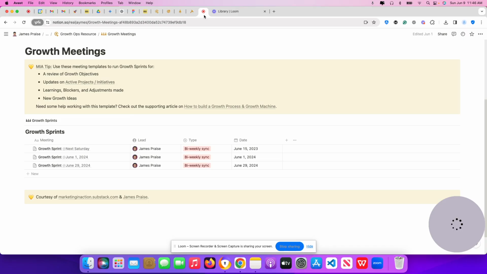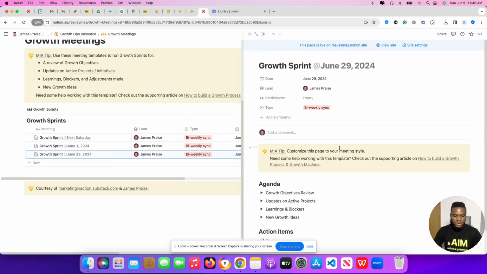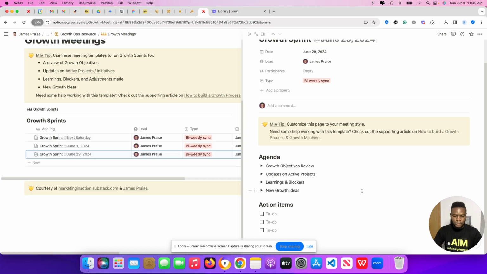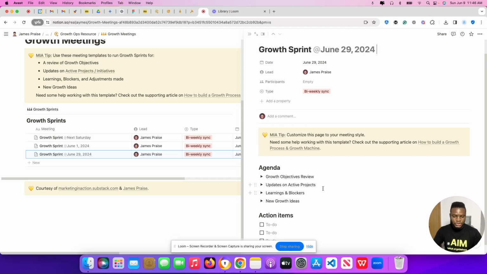And when you're running all of these operations across your team every week or every 2 weeks, it's also very important for you to have growth sprints, right? Those are weekly or bi-weekly meetings where you basically talk about what you're doing in growth, what are the learnings and blockers that you're facing. You also take out new growth ideas amongst your team, and then whoever is managing the growth projects, maybe your VP of growth or your growth project manager or your growth marketing manager, is going to be the one